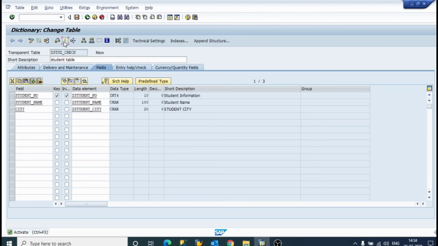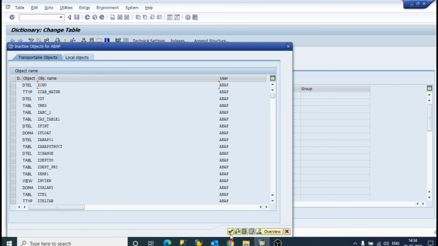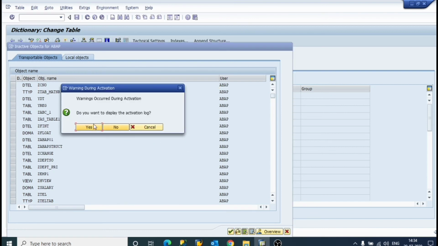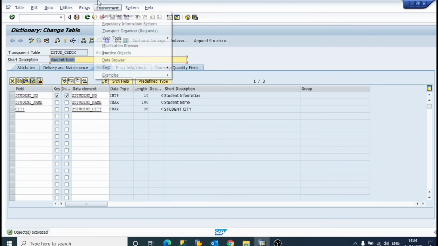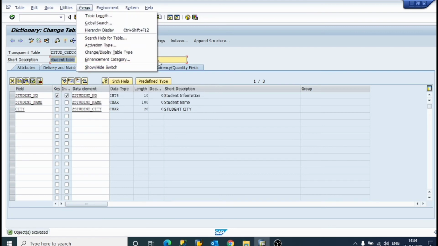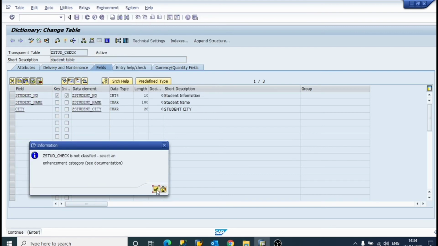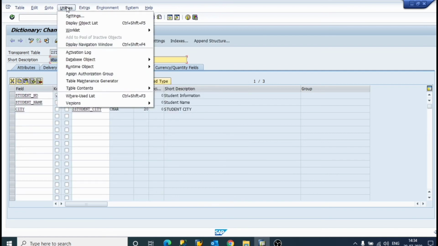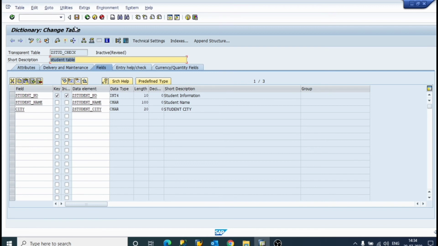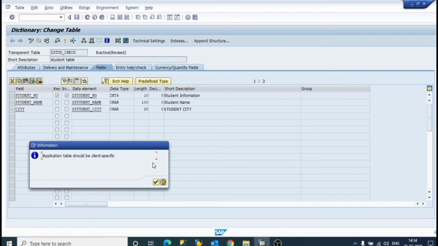Save it, activate it. Enhancement category: utilities, enhancement category, yes, can be enhanced, copy, yes. Now activate it.